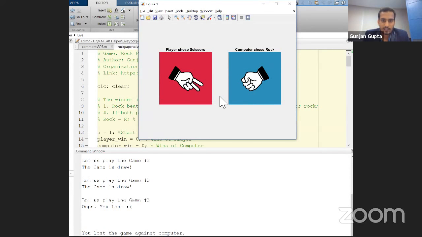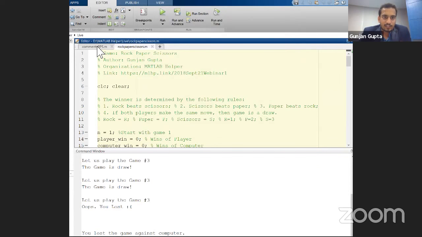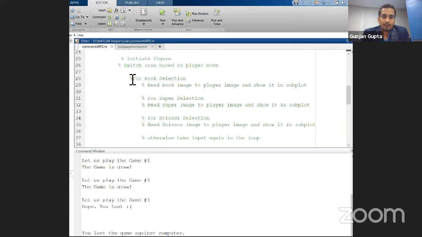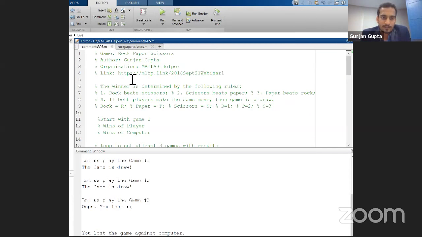Right, computer wins, the game is over. So let us start the game from scratch. The basic fundamental of code is you should have proper code ethics. I have mentioned the game and all the comments. It will help me proceed quickly, and at the same time it will also give you guidance with respect to what exactly I'm doing in